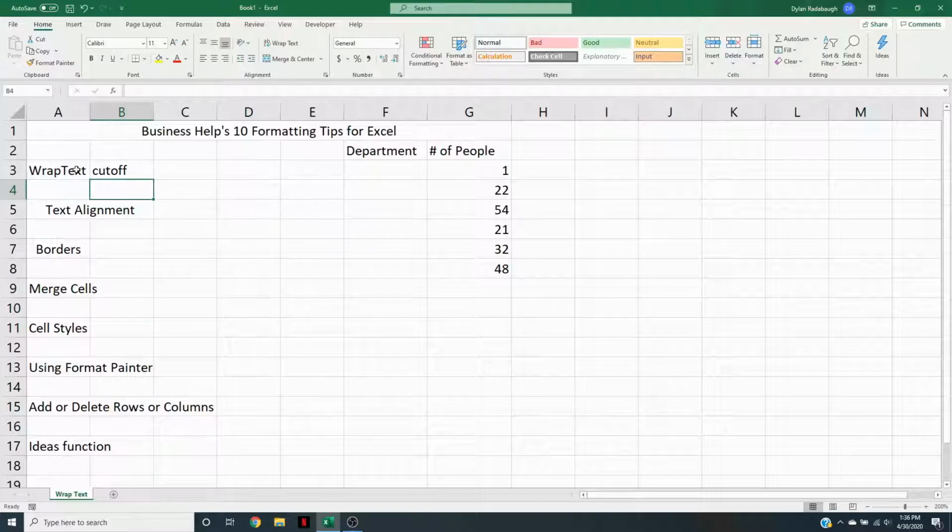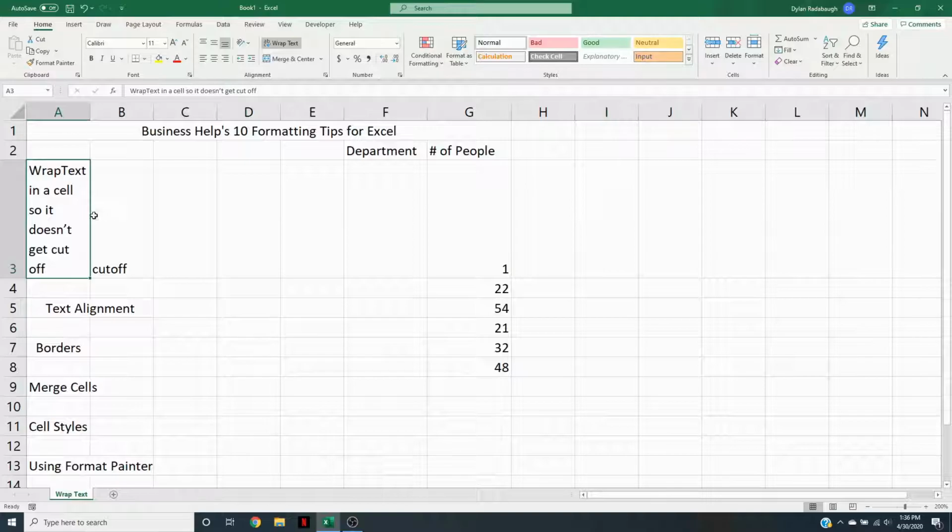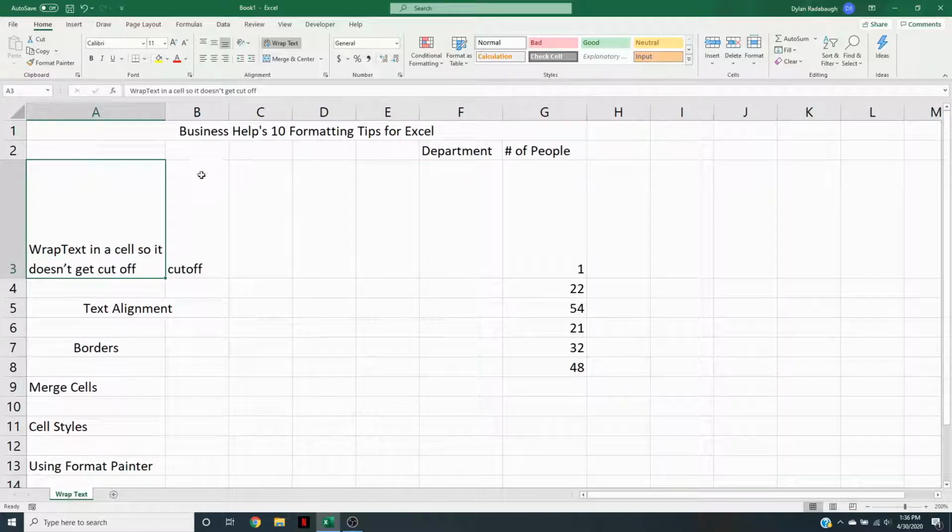So how do we make this wrap? First off, we're going to click on the cell, go up here to the alignment section, and hit the wrap text. Now it wraps it, and it goes down the cell so it doesn't get cut off. We can also expand that cell, and it will still wrap the text. Okay, so that is our first